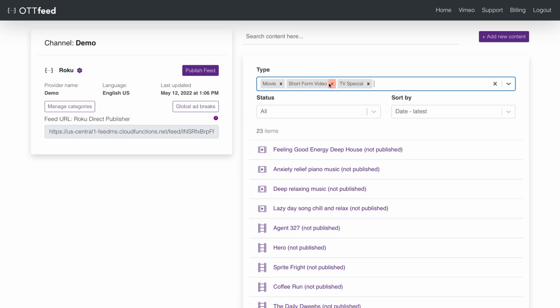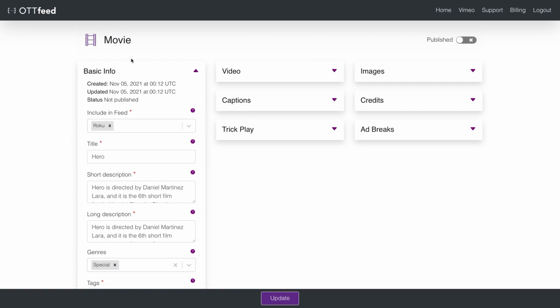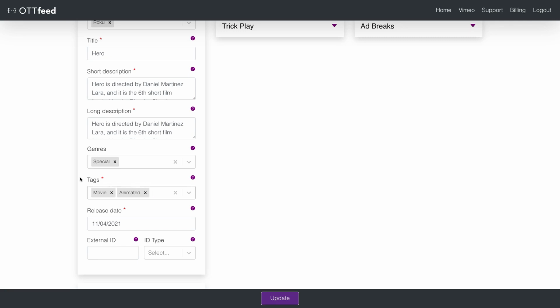Let's look at one of the movies and add some tags before we mark it as published. Add as many tags as possible to each video. Think of tags as keywords. Tags are used to group your content. You can add existing tags by selecting it from the drop-down or create a new tag that will be stored